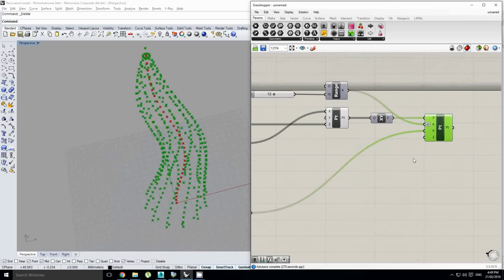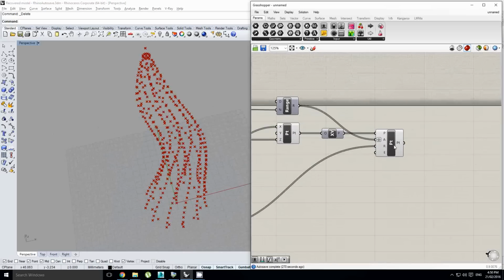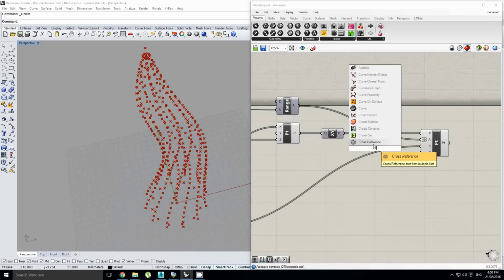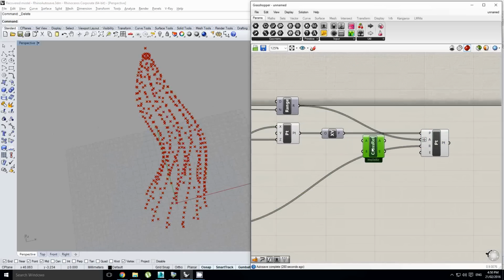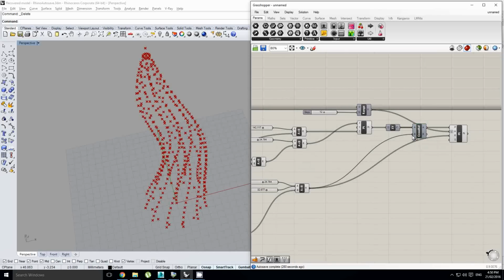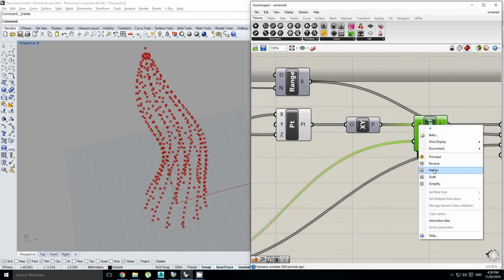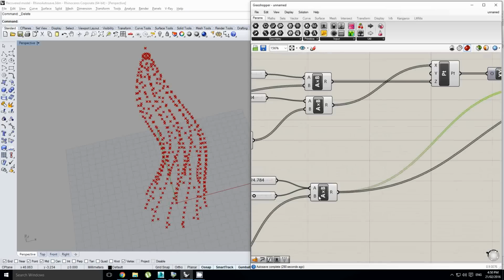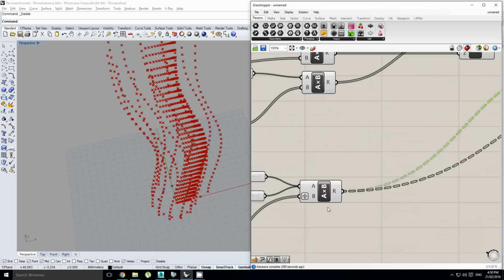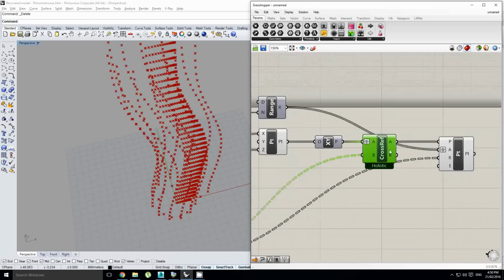And so what I need to do here, this is going to get a bit interesting, we're going to cross-reference each of these planes with each of these points, except firstly we're going to graft this input here and we're going to graft this input here. So what it's going to do is reference each single plane with both of these points here,